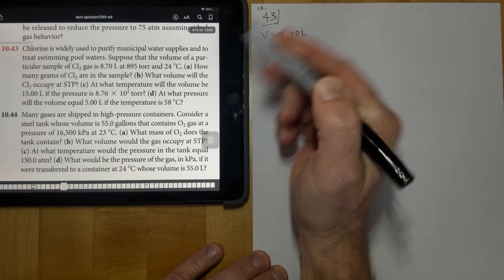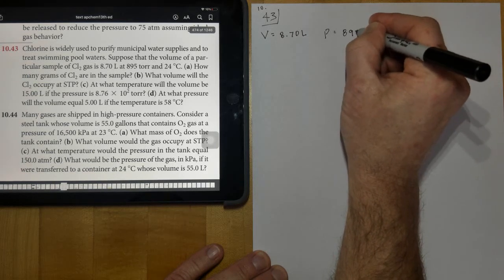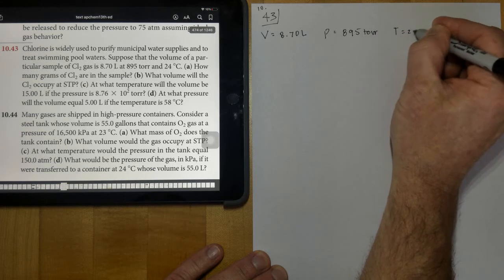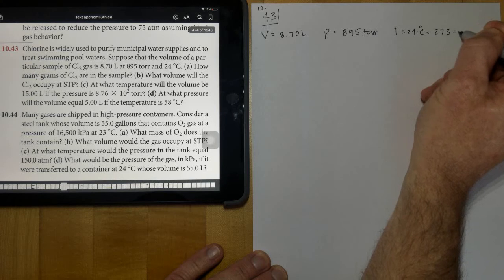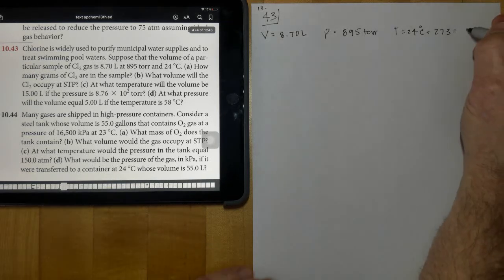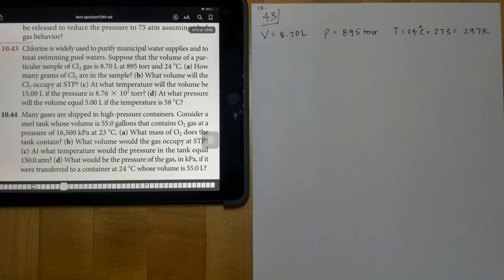8.70 liters, at a pressure of 895 torr, and we're given a temperature of 24 degrees Celsius. And don't forget, add 273 to that right away and get it into Kelvin. Let's see, then we're at